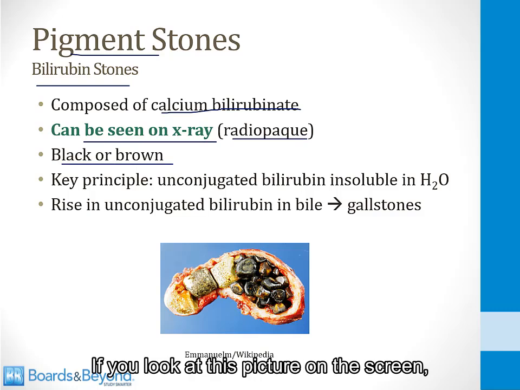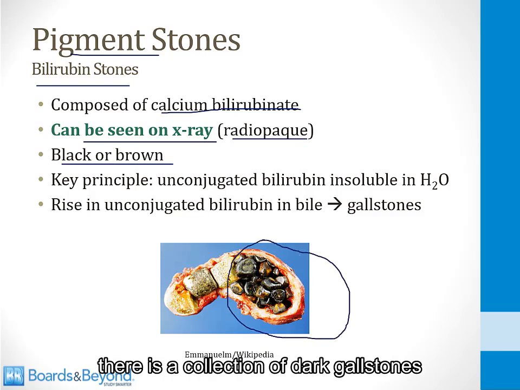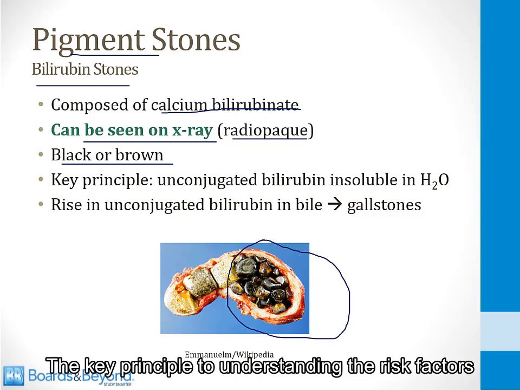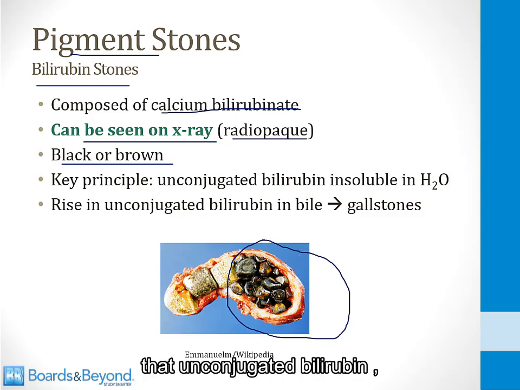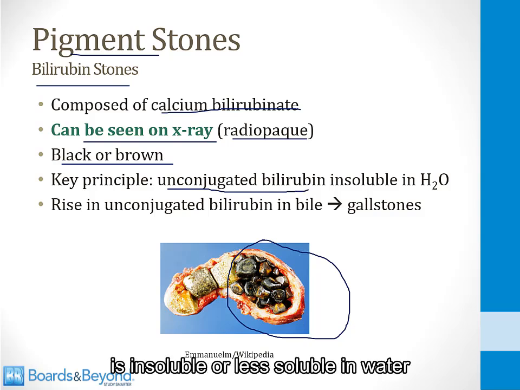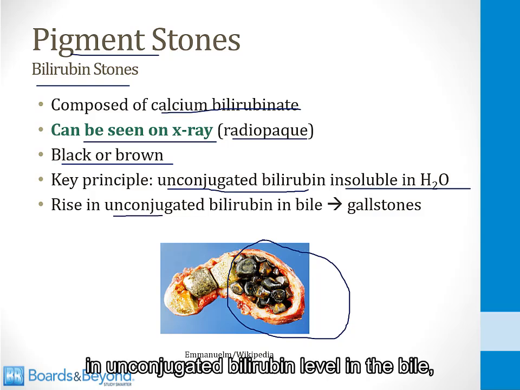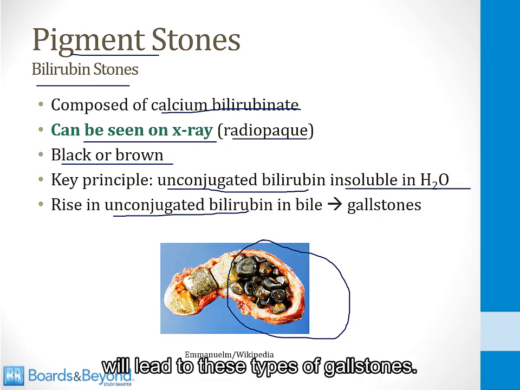If you look at this picture on the screen, there is a collection of dark gallstones in this patient's gallbladder, and those are pigment stones. The key principle to understanding the risk factors for pigment stones is to appreciate that unconjugated bilirubin is less soluble in water than conjugated bilirubin. So any process that leads to a rise in unconjugated bilirubin level in the bile will lead to these types